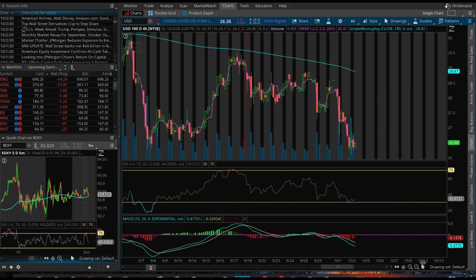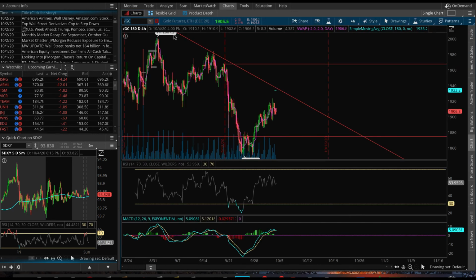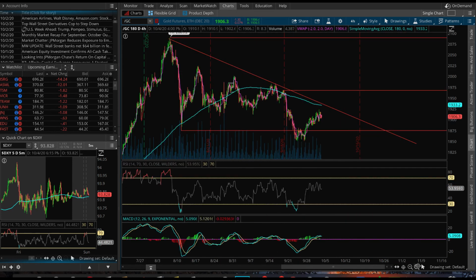Like I said, you're going to want to add to your position as gold rises, okay? So just be paying attention to gold. Just know this is the danger zone for gold, and this is a great time to enter in for oil.